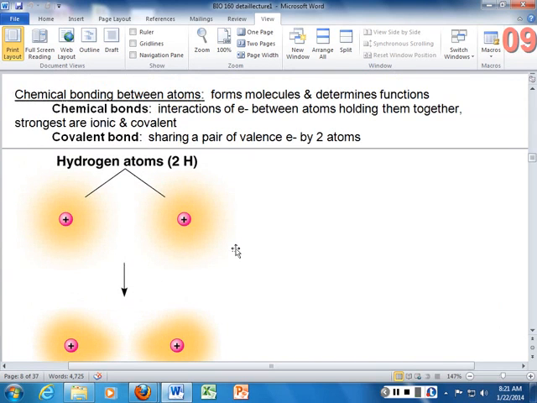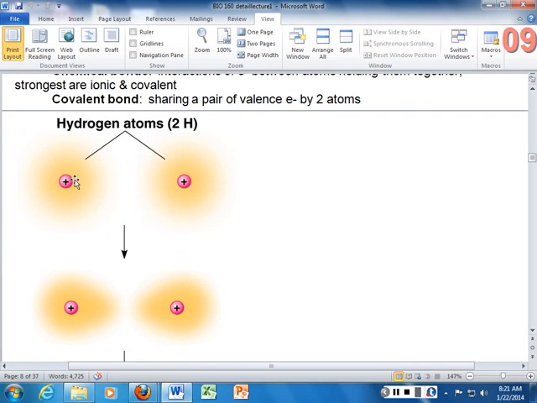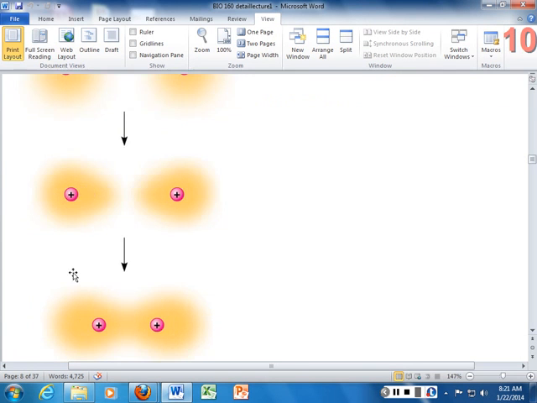So when we look at chemical bonds, the interactions between these electrons are going to be what is going to hold the atoms together. And there's a few different ways that this can happen. The covalent bond is going to involve sharing electrons. So with this one, you've got these clouds represented here that represent the hydrogen. And so remember, more yellow means that's where you're more likely to find the electrons. As it gets lighter, you're moving away from where the electrons are likely to be hanging out. If we use the Orbitals model,